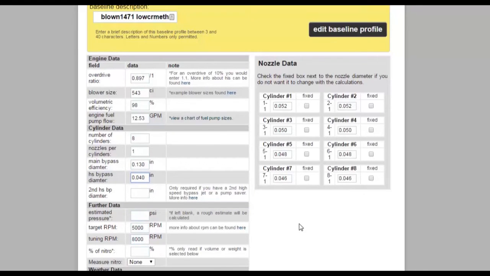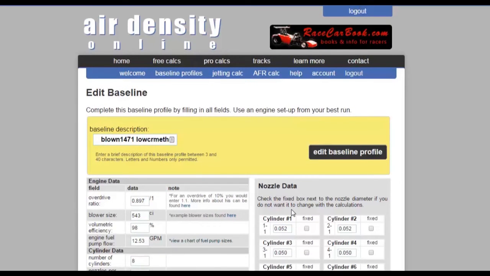This starts out with smaller nozzles in the rear, and then it goes to progressively larger nozzles, and this would be applicable to a standard opening blower to get more fuel towards the front of the blower. Now, to find out what it takes to add 20% to this combination, we're going to go to the jetting calculator,